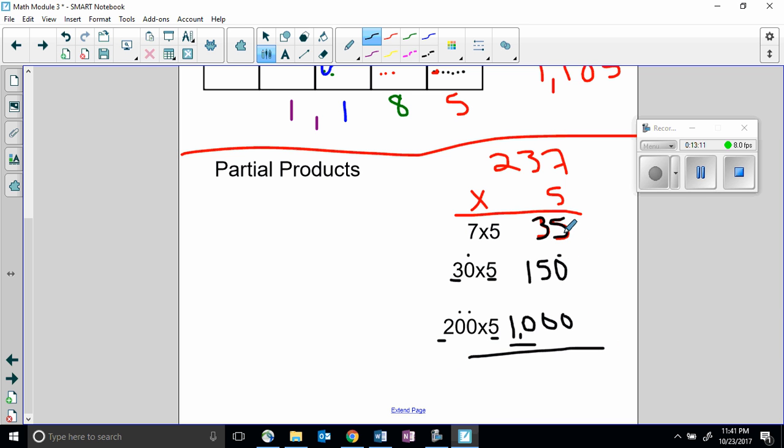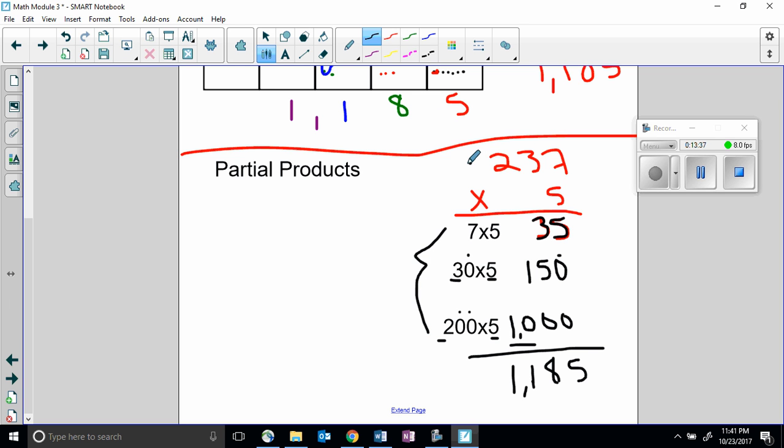And I add them up. 5 plus 0 is 5. 3, 4, 5, 6, 7, 8. Plus 0 is just 8. 1. Don't forget my comma. 1. Once again, all the same answer, but this way, this is how I'm using partial products because this is